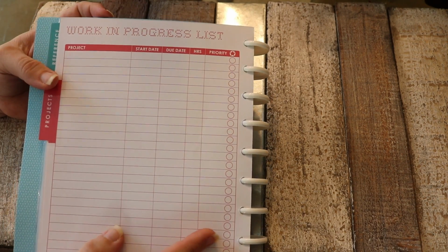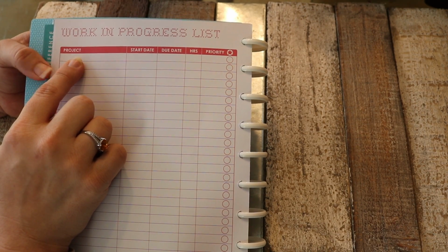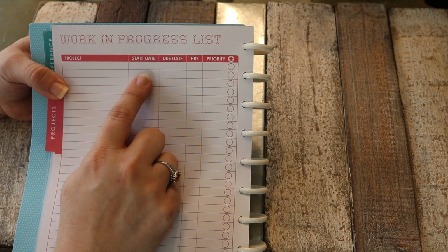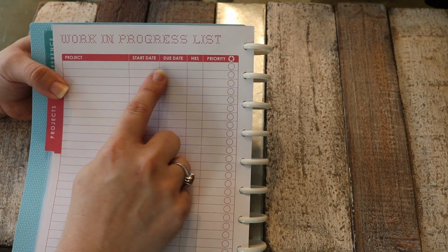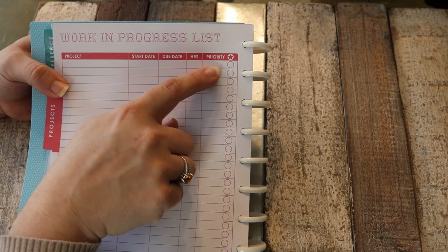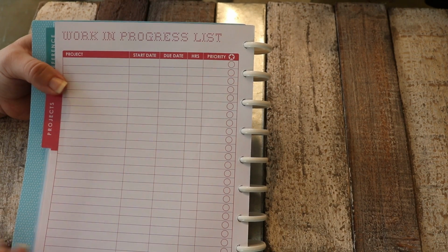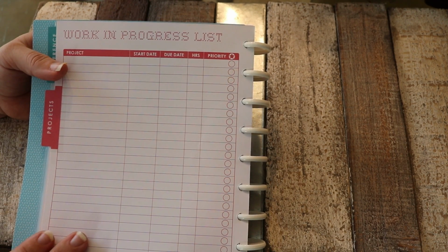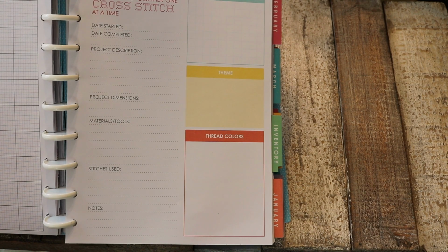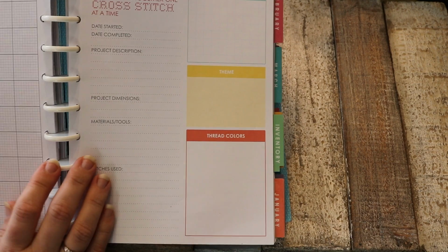First, this first page is a works in progress list, and again, I thought it was kind of neat how it even has a category which I use in my own spreadsheet, which is for a certain priority at the very end, so you can kind of keep track of what's important to you when you've got a long list of things. This next section I thought would be really helpful for my upcoming EGA project, because on one side of